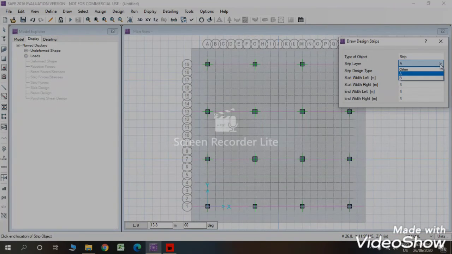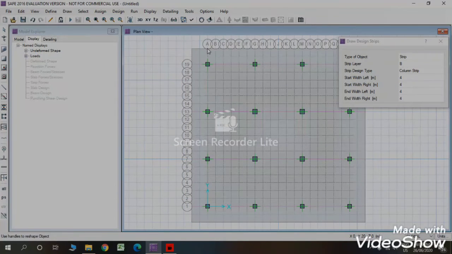Change the layer type to B. Then we will draw vertical design strips.